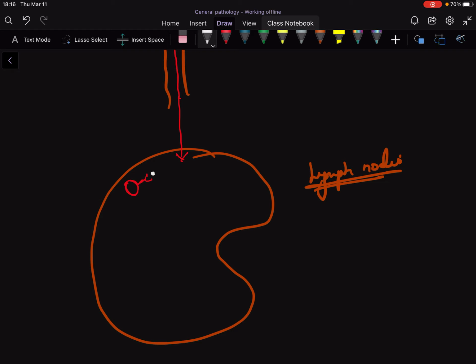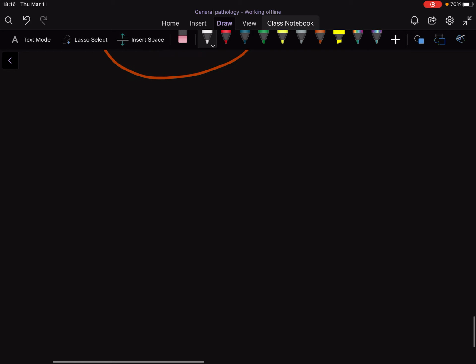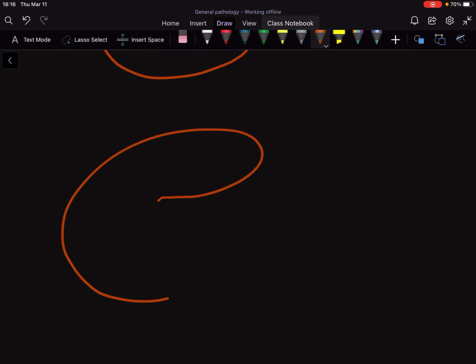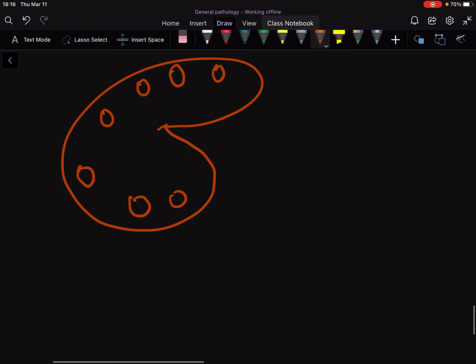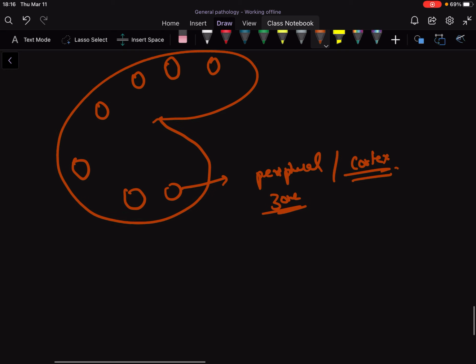So that is the function of these lymph nodes. Lymph nodes contain a lot of T or B lymphocytes. So we will take a look at what is happening in the lymph node. So these are the lymph nodes, and peripherally there are small follicles, and this is the peripheral zone, or you can call it the cortex, outer cortex,